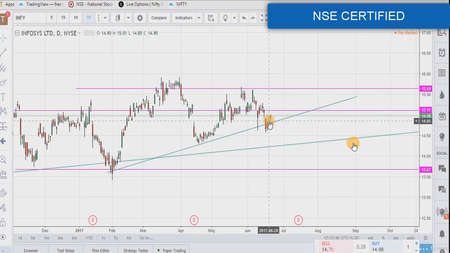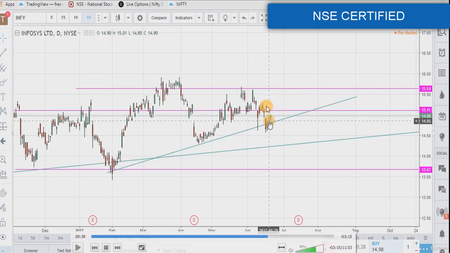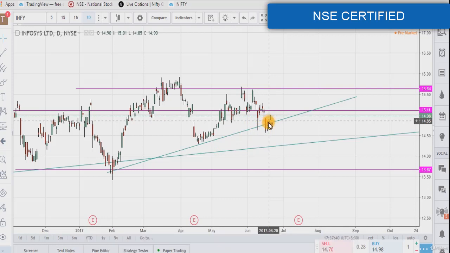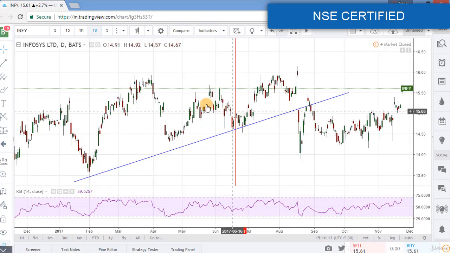Our second stock was Infosys. It was in short term uptrend and we could buy the stock because it was touching the trend line, lower trend line. So it was our buying position. Now we will analyze the current position of this chart. It was 20th June 2017. This was our last chart and this was our position 20th June, and here we could buy the stock because